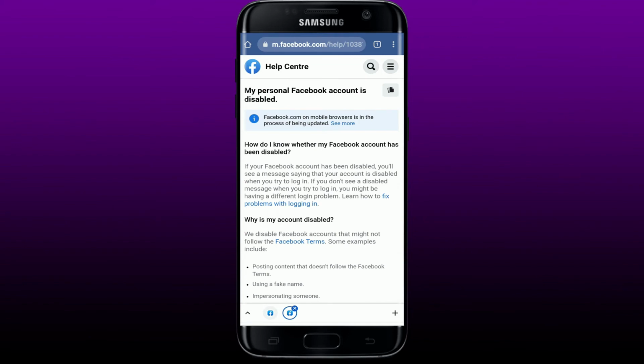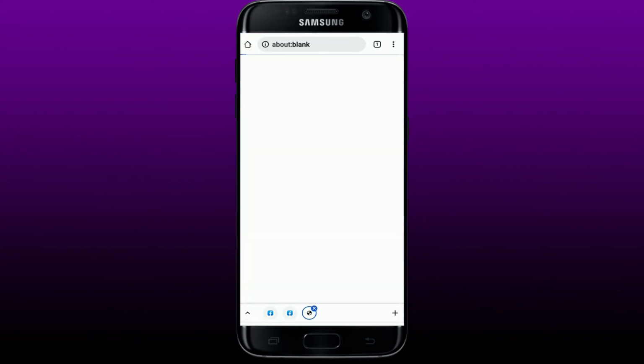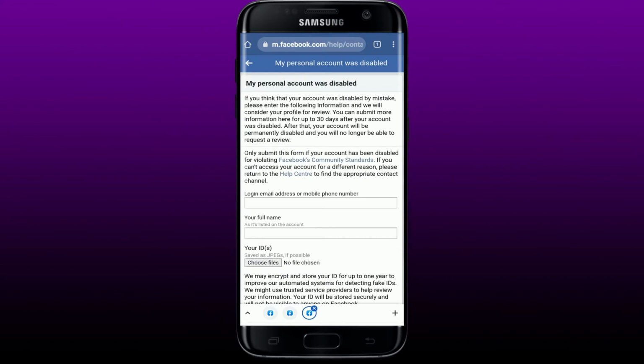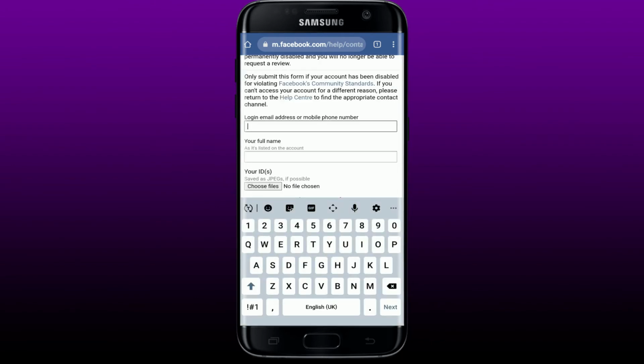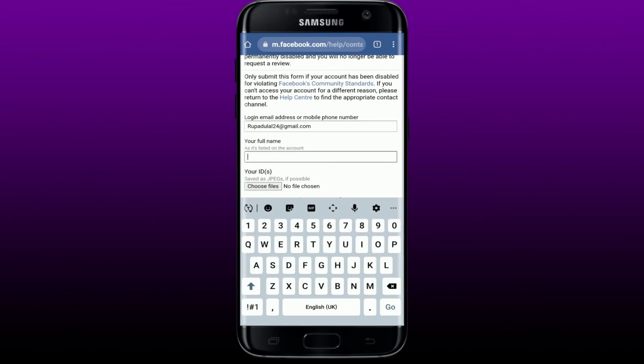Now, scroll all the way down and tap on this link right here that says use this form to request a review, and you can request a review to Facebook for your problem. Type in your email address or your mobile number that is associated with your restricted Facebook account into the first text box. Once you do that, head over to the next field and type in your full name as listed